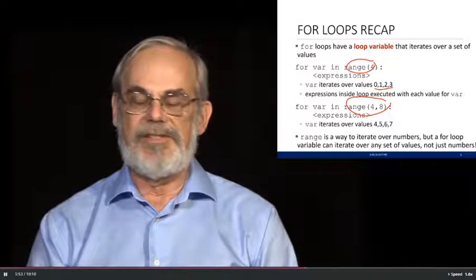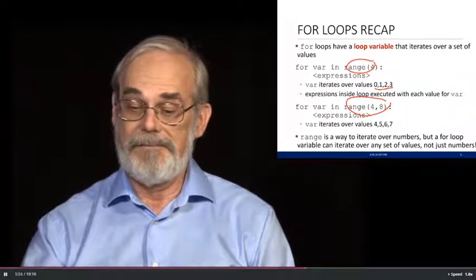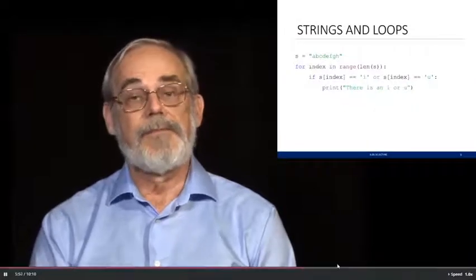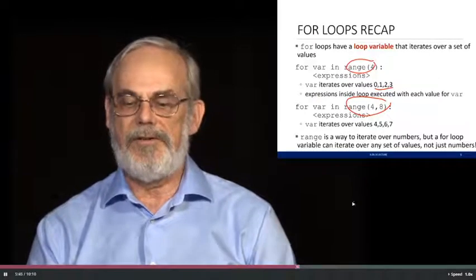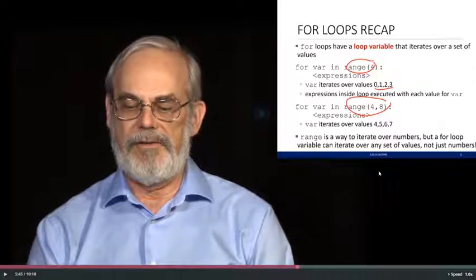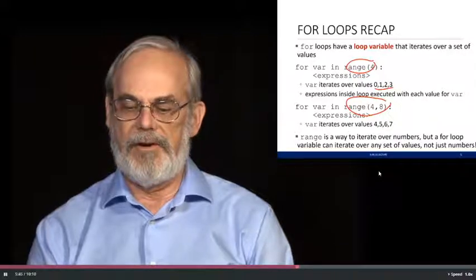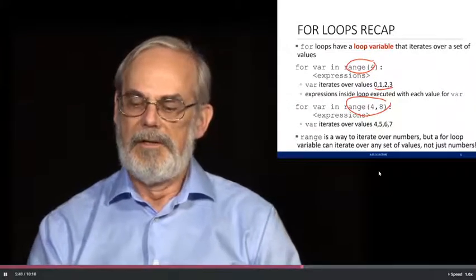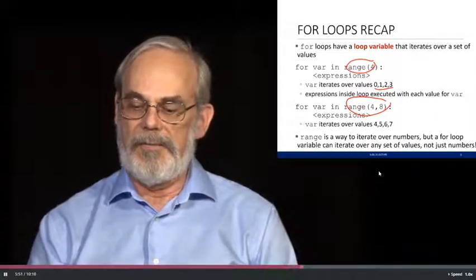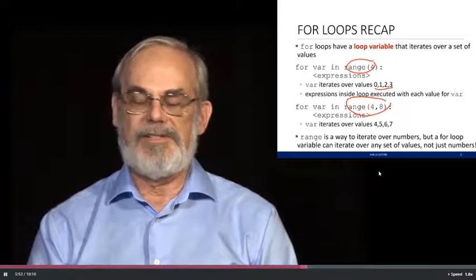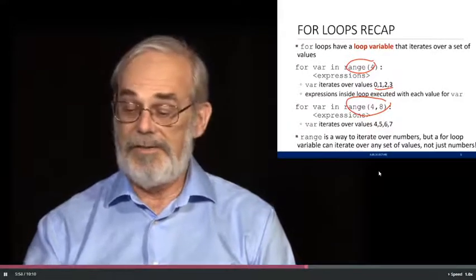Yeah, my internet is very set of bad. values, not just numbers. And so, for Wait, example, stop. Go I back. could loop over each value of the variable that I use. And so range is a nice way to iterate over numbers, but a for loop variable can iterate over any set Please of stop. values, not just numbers.